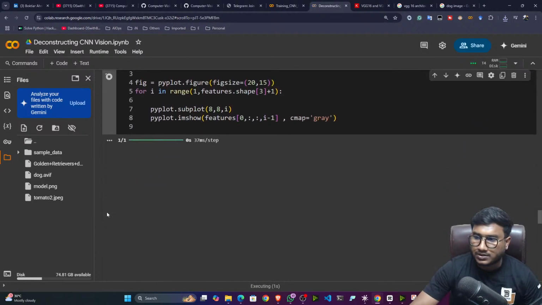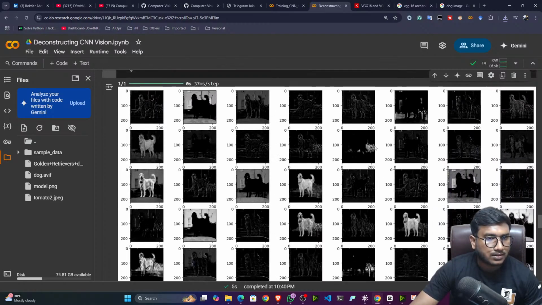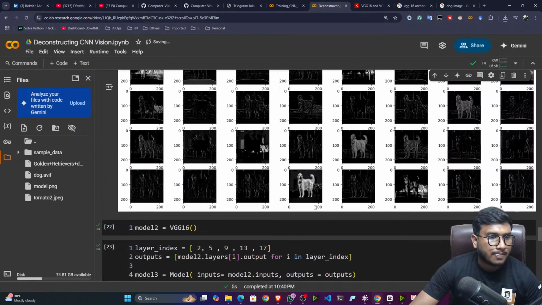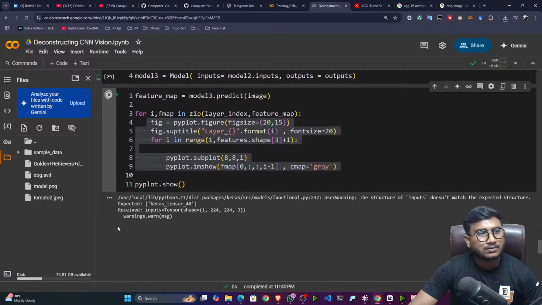So see, now see the features. Okay, now see, different edges you can see. Can you see the edges, guys? These are the edges. Some horizontal edge, vertical edge. Okay, you can see. Now if I show you all the layer representation,